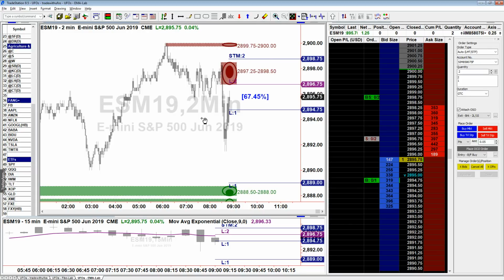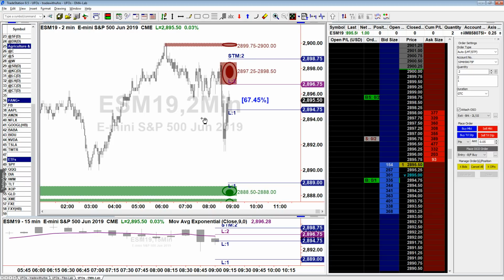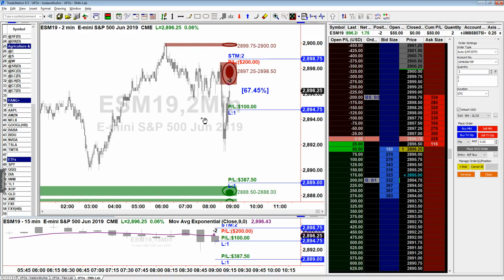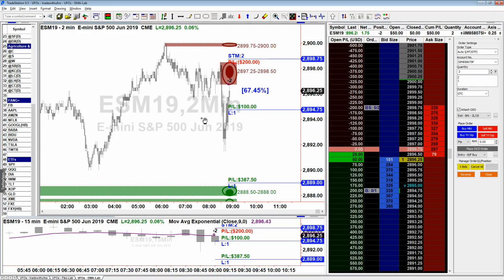Okay, so again, out of practice, I'm just taking this trade. We will make this better. We will make it better from an entry point of view, we will make this better from a target point of view, and we will make this better from a trade management point of view, which is your comment, your question, Babu. Okay, good. So I can see some of you are with me. We just got filled. Very good. So we're in. And now let's let the trade play out and we'll see what happens.